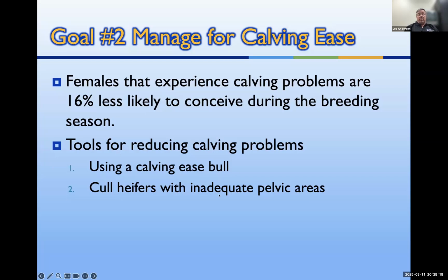Also, we want to cull heifers that have inadequate pelvic areas. Now, this inadequate pelvic area accounts for about 9 to 10% of the problems with calving in cattle, where 50 to 60% of it can be attributed directly to calving ease. And so if you're going to do anything, choose bulls with acceptable proven calving ease, and then to stack the deck to risk mitigate,